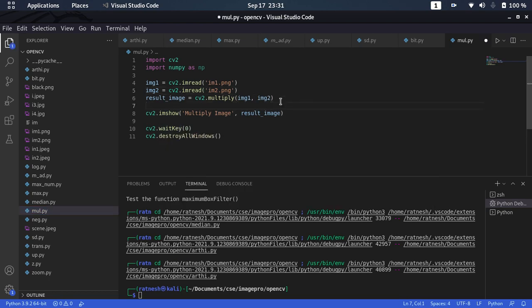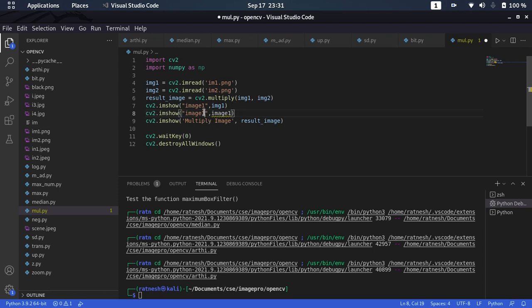let me show it in a clearer way. I will show image 1 as img1, image 2.